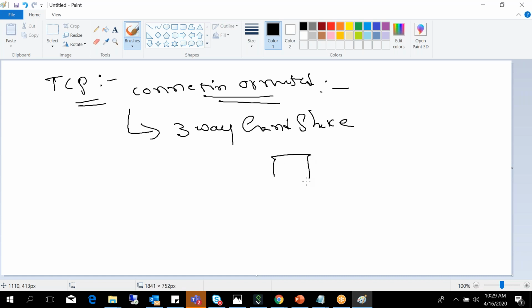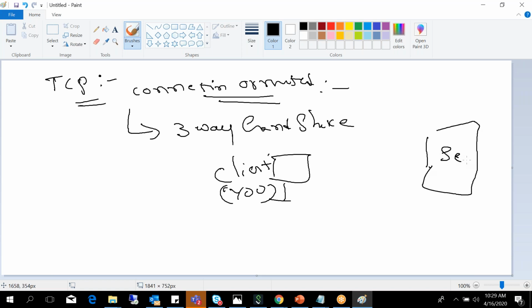Let's say the client is you, and you're trying to connect to one of the servers. First you have to perform the TCP three-way handshake, for any device whose data you want to access.